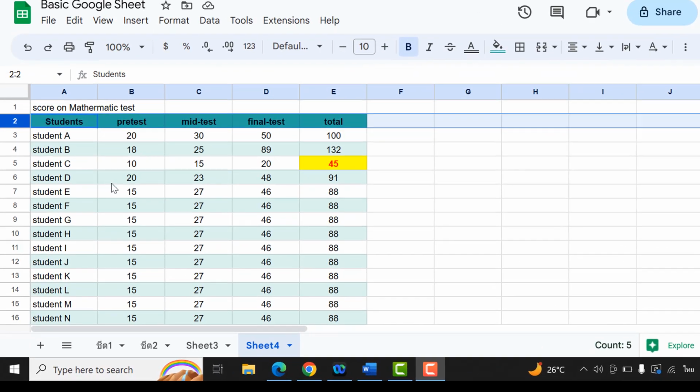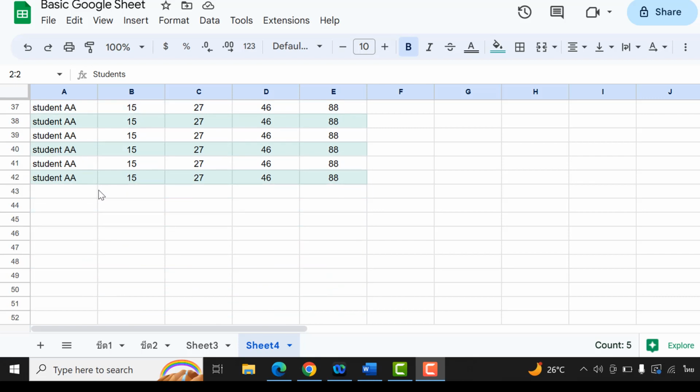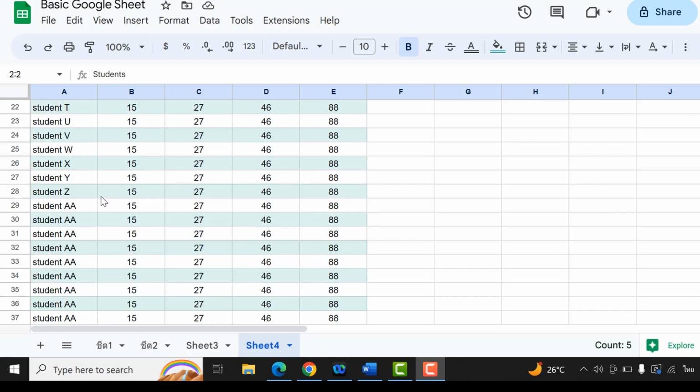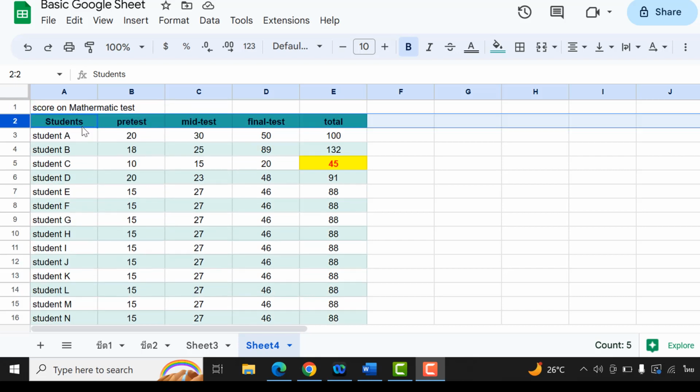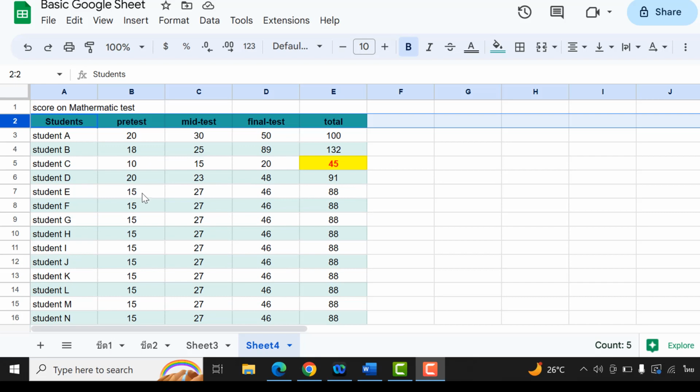For example, when you have a lot of data sets and you can scroll down to more than 1,000 or 100,000 rows, whenever you scroll up and down, the column header here on row 2 disappears. See, so if you want to freeze this row 2 in order to understand what the description or the text on the header says, we can do it